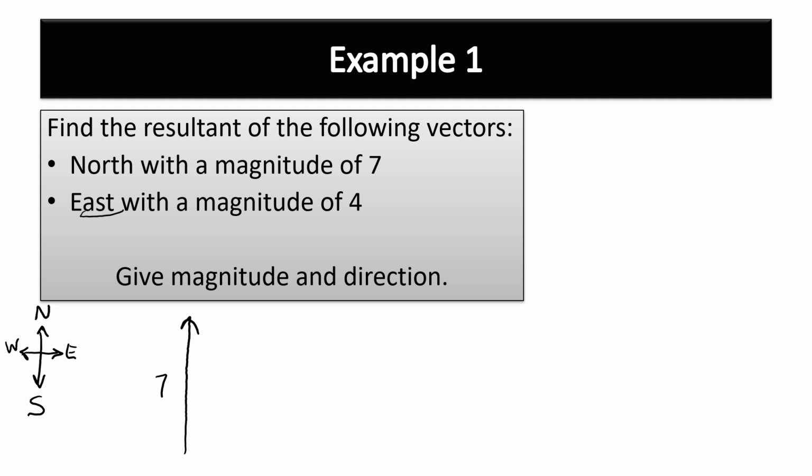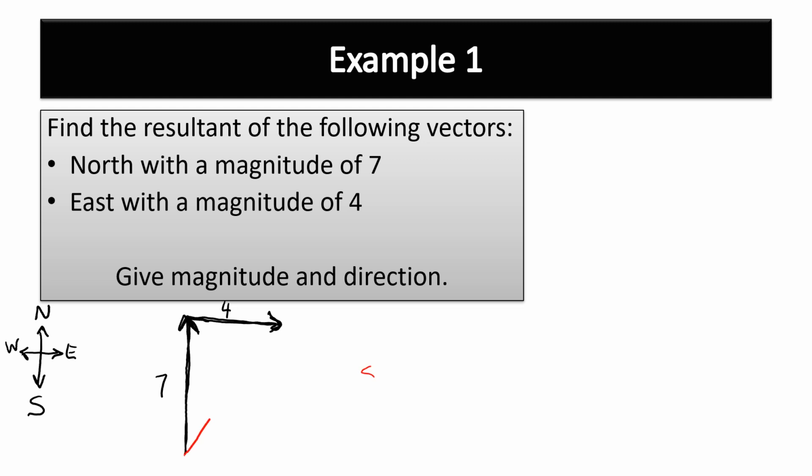So since it's east with a magnitude of 4, we will draw a vector going east. But the question is, is it better to write this option A, or should we draw it like this, option B? Which one would be better? Option B is better. Why? How are these two connected right now? Tail to tail. Option B is better because the head of the 7 is connected to the tail of the 4. Okay, so now that we know we're going north and east like that, I could draw in the resultant